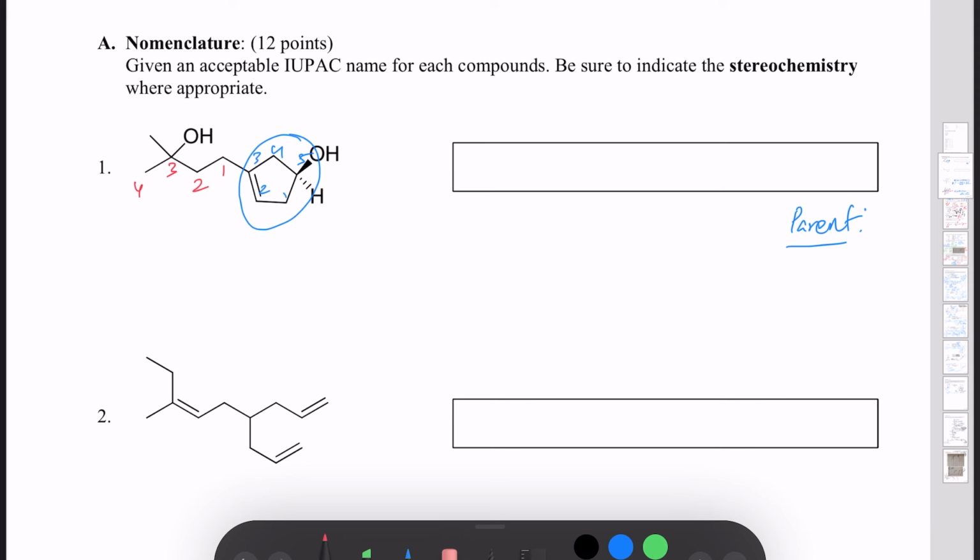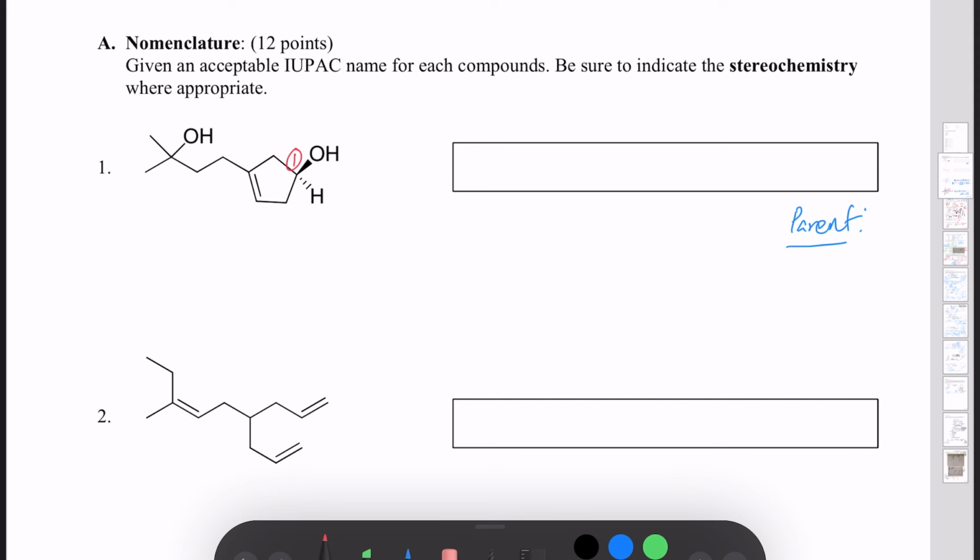So what that means then is that we have to consider how the numbering of this parent chain would actually be. I had written down 1 to 5 just to get a count of the number of carbons, but that wasn't accurate. Now we want to consider the functional groups when we're actually numbering this chain out. Since the hydroxyl group is the highest priority functional group, we would list this as the first carbon, right? And since we have an alkene group and we have this long branched